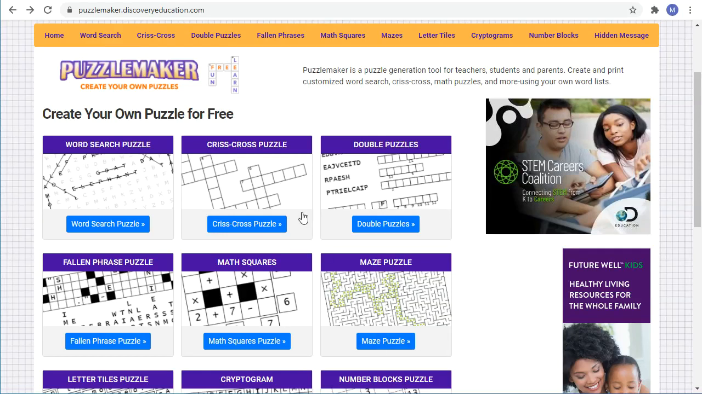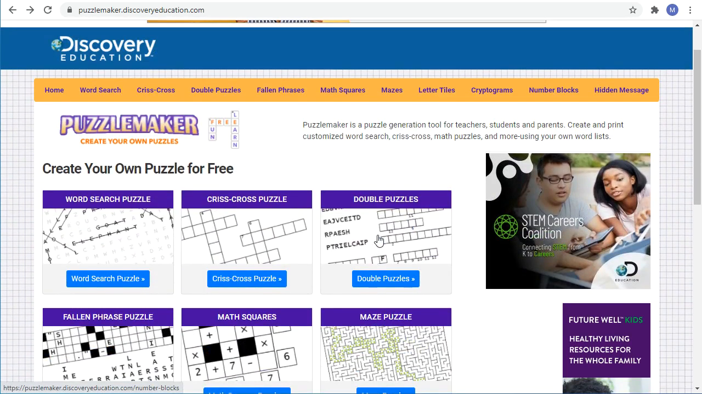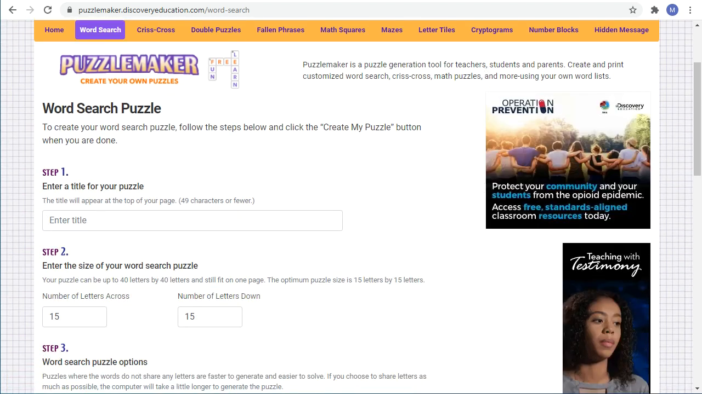And this is yet another puzzle maker offered by discoveryeducation.com, where you have a couple of types to select. So as an example, I pick word search puzzle and show how to do it. First,